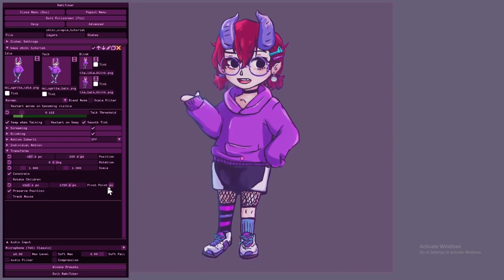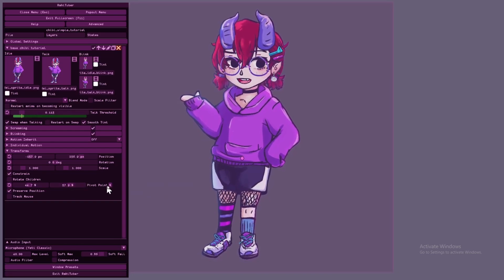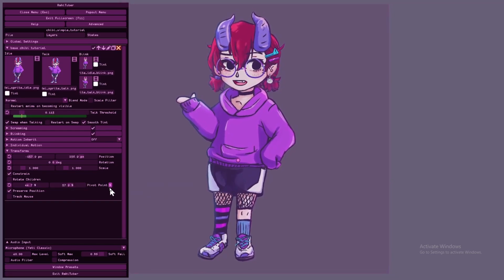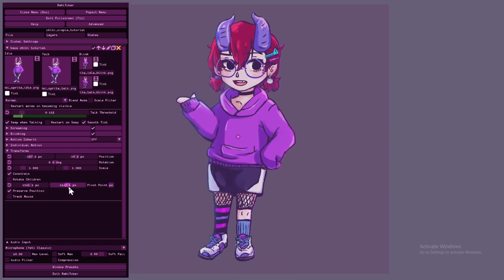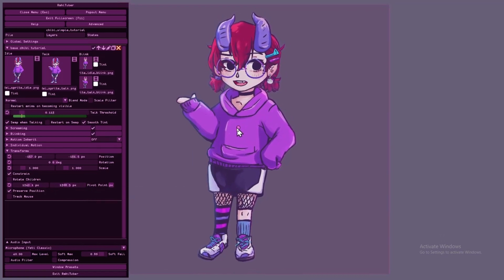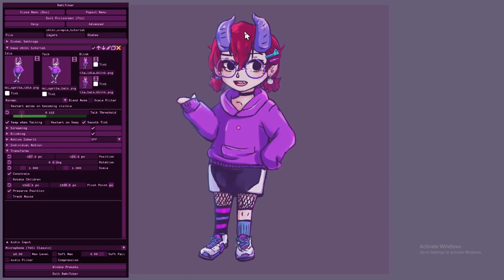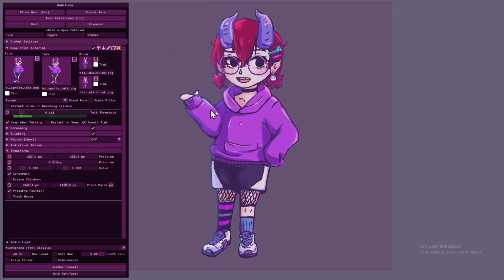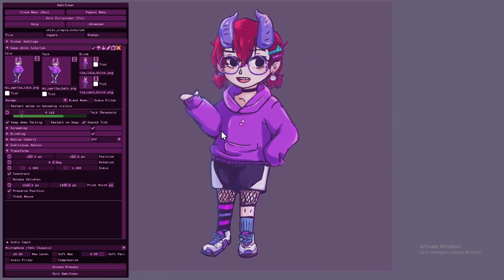To me, there really is no hard rule for where the pivot point needs to go. There's just kind of a general idea of where it makes sense for the pivot point to be when rotating. The rule of thumb that I go with is the spot on the layer that should move the least is going to be where the pivot point is. So where it should move the least when rotating.